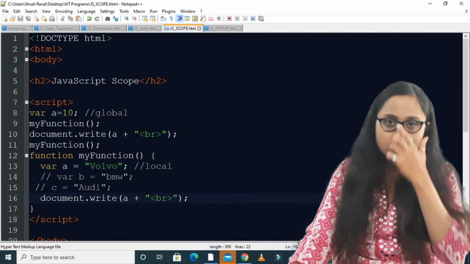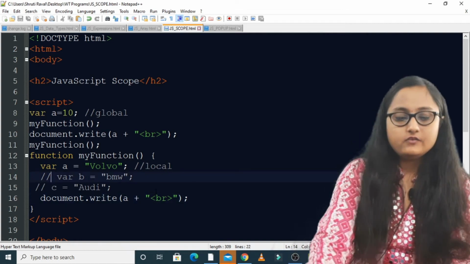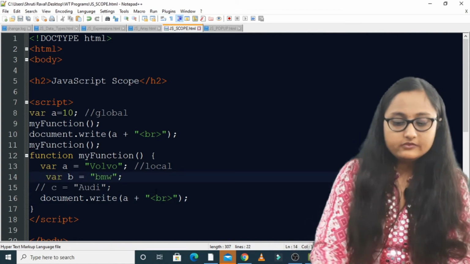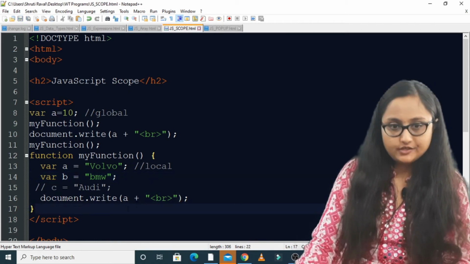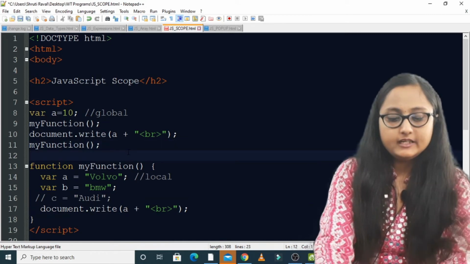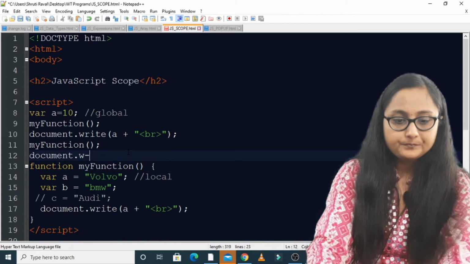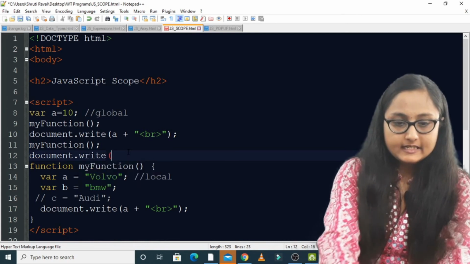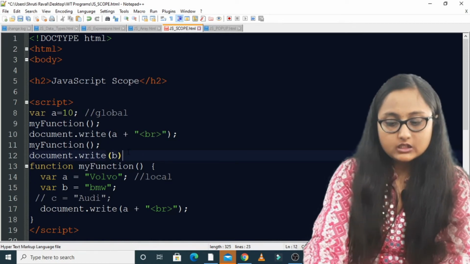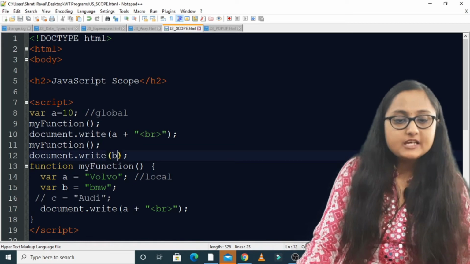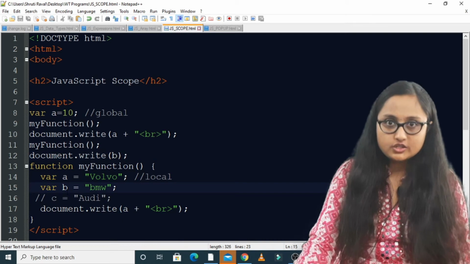Now let us understand the scope more. For example, if I have a variable b, where b, right, I am not writing document.write b inside the function, instead I am writing it outside the function. Document.write, and inside write I am writing b. Now tell me whether this b variable is accessible outside the function.